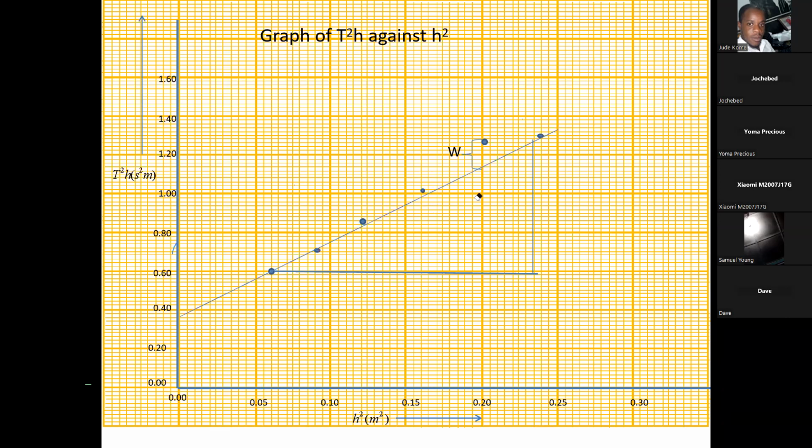In secondary school, you were told that your graph should contain at least 3 points. That's what we were told in secondary school. But you'll be learning that your line of best fit is not necessarily 3 points. Your line of best fit should be